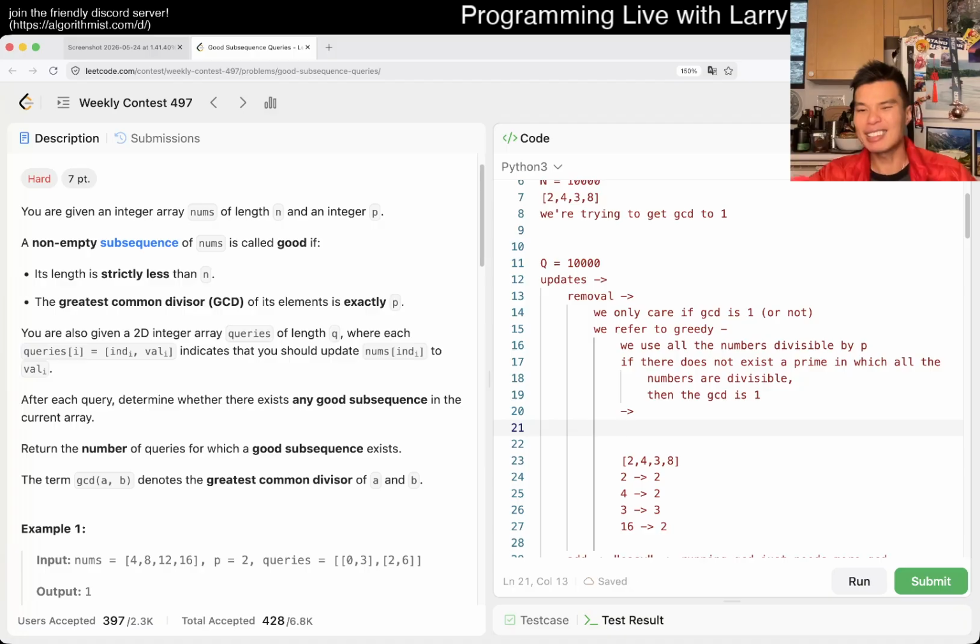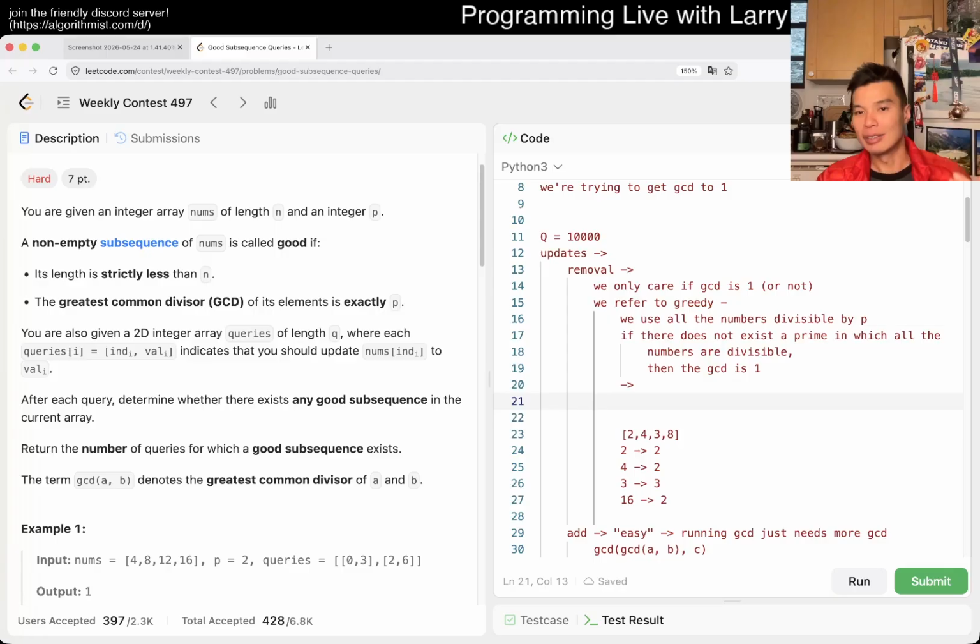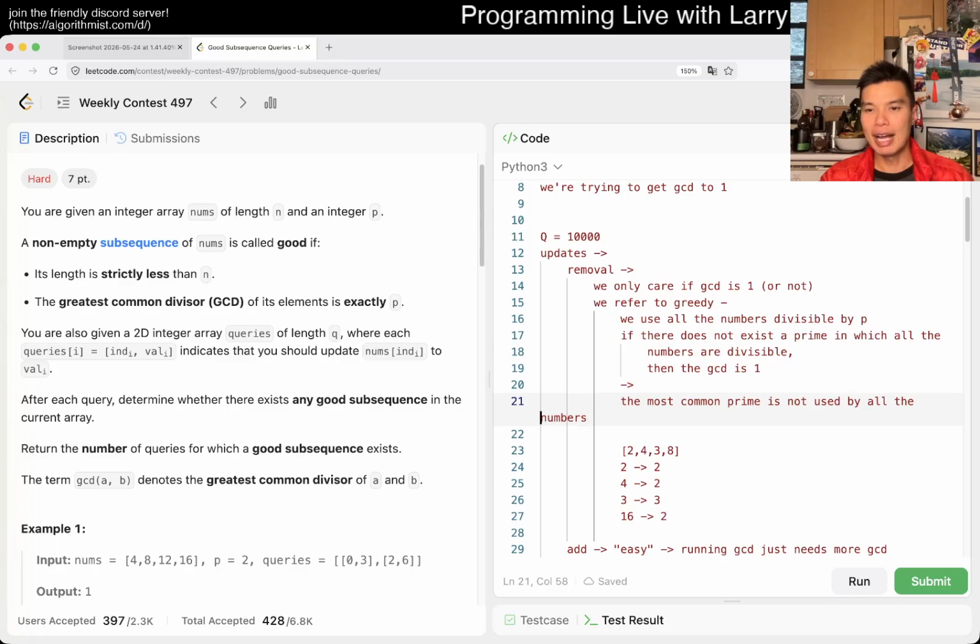So I'm saying this, like I said, it sounds obvious when you're sitting down and understanding it, but maybe even if I'm explaining it poorly, if you watch the live portion, maybe you'll see how I work it out. But it means that the most common prime is not used by all the numbers, right? And the reason why I rephrase it is because this query now means that all we have to do